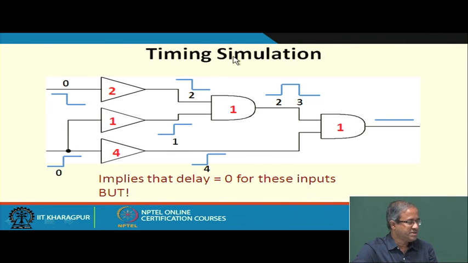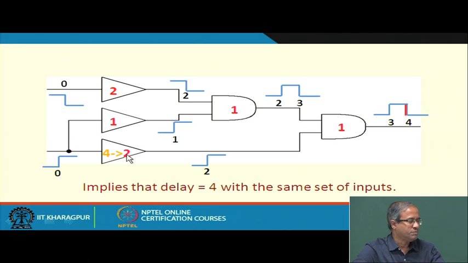So, timing simulation will show that if you apply this, that means one input is 0, the other input is 1, this is basically an AND function. So, the output is supposed to be 0 and it is already 0. So, it should be good, that means the delay is 0. But you see for this case the delay is showing to be 0, but suppose I reduce the delay of one of the gates, let us say this was 4, let us make it 2,